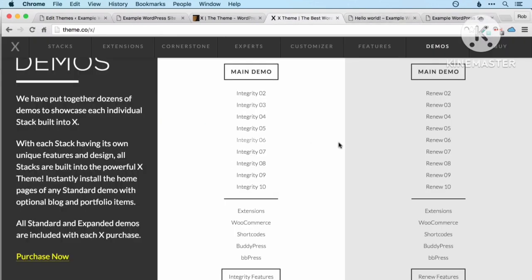So none of those three may be perfect for your particular site. The chances are you'll find something in here that's pretty close to what you want. And all of these come with a huge range of content types as well. So for example, if I pick another